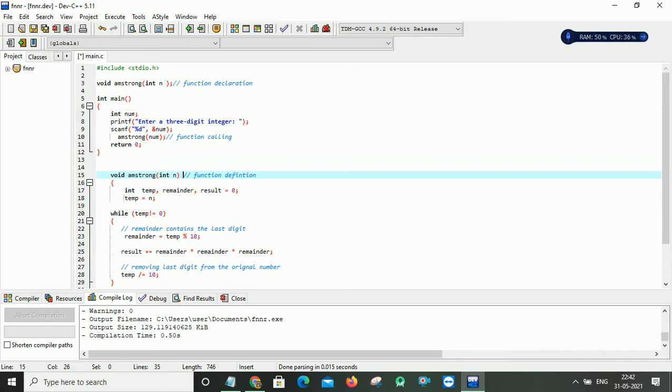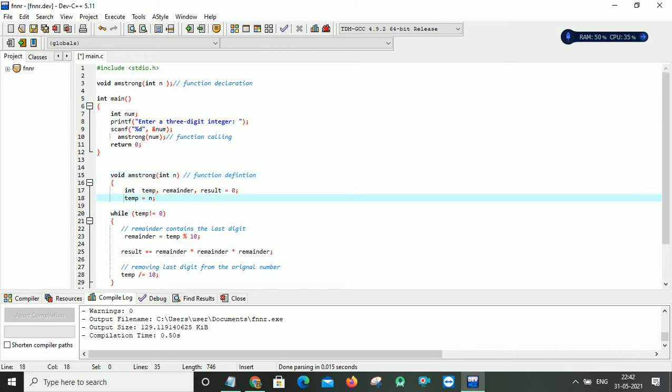After finding the sum of the cubes of all the individual digits, if my original value is equal to that sum, then I say my given number is Armstrong. Otherwise, it is not an Armstrong.